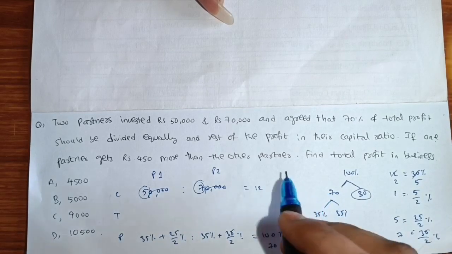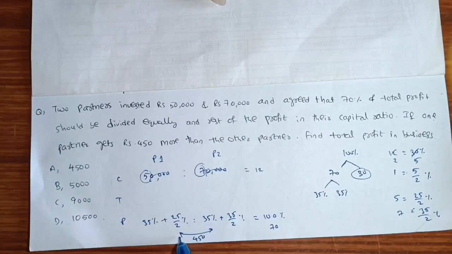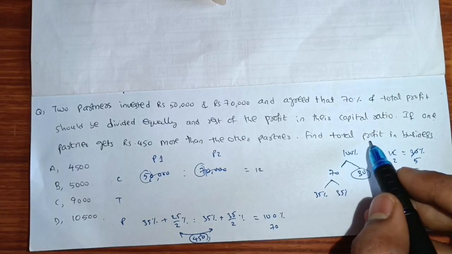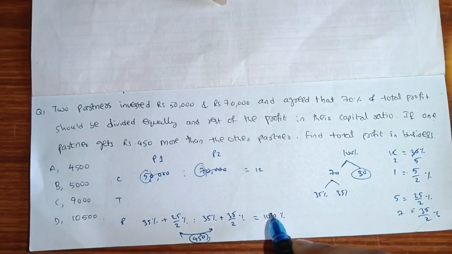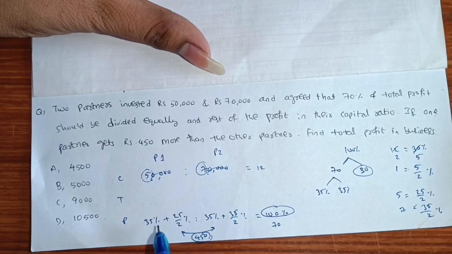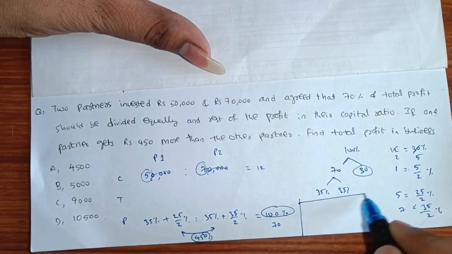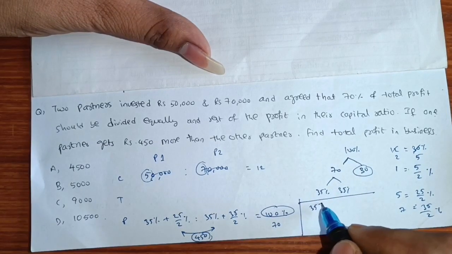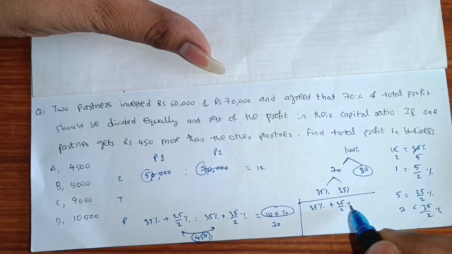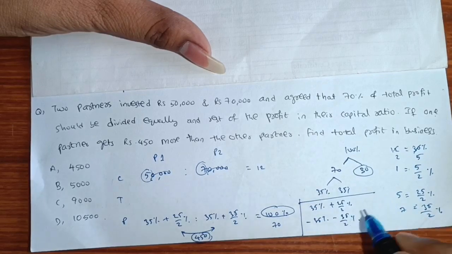So if you sum all this you will get 100 percentage. Again, if one partner gets 450 more than the other partner, meaning the difference between both partners is 450, find the total profit in the business. We need to find the total profit, which is 100%. So the difference of P1 and P2 profit is 450. He gave a hint. So 35 by 2% minus 25 by 2%, which is equal to,